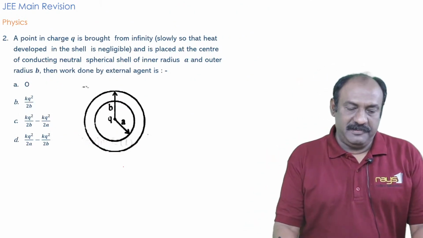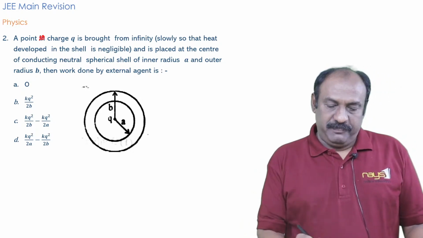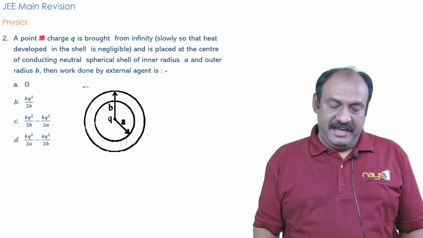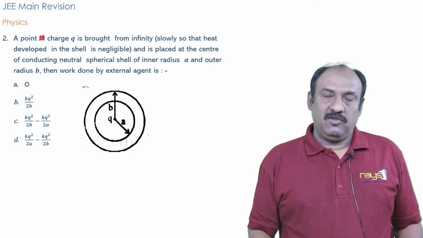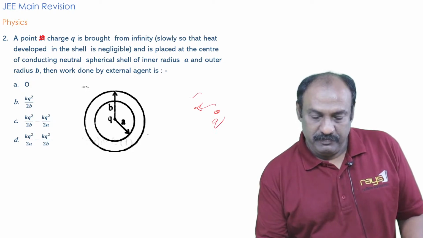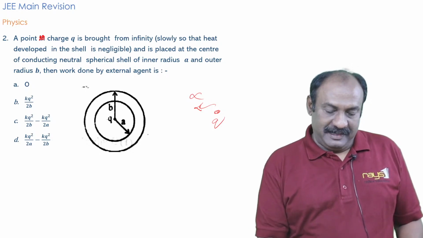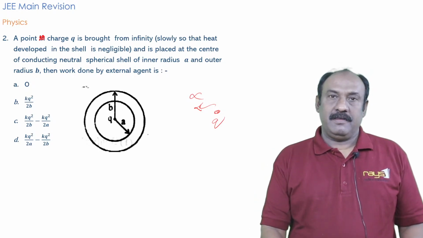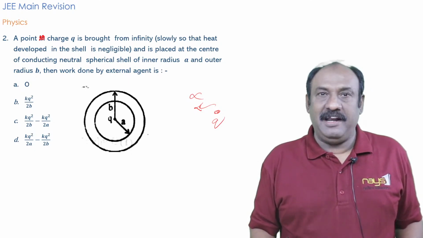A point charge Q is brought from infinity and is placed at the center of a conducting neutral spherical shell of inner radius A and outer radius B. Then the work done by an external agent in moving the charge from infinity. See here, it is placed at the center of the neutral spherical shell of inner radius A and outer radius B. So here the work done to move a charge from infinity to the center of the shell,